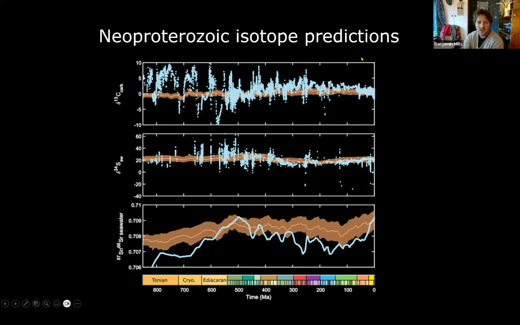What we do less well on is these isotope predictions. We've got a broadly static δ13C all the way through the Neoproterozoic. We're not capturing these big swings. We might expect this because these swings are associated with the glaciations and potentially with the aftermath of the glaciations themselves. So it may be that there's a very good reason why we're not capturing this, but it's certainly something we should look into in more detail.